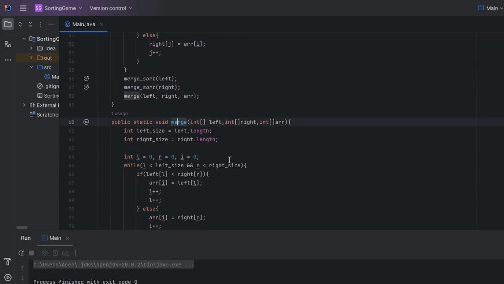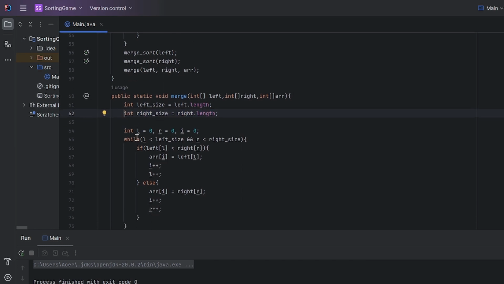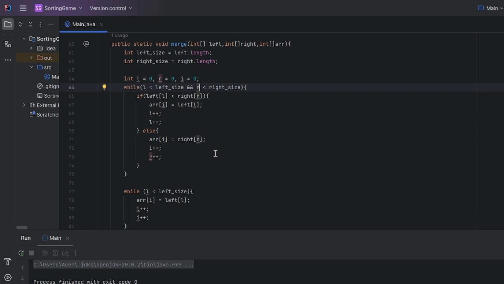So then we go into our merge algorithm. This is a merging algorithm that will merge all of our single array data back into its own single array. Here it will take the left, right, and the array size, right? It will first find the length of the left side and the length of the right side. It will then initialize L, R, and I values, where L is the amount of data on the left side, and R is the amount of data on the right side. So basically, while L is less than the left size and R is less than the right size, we will